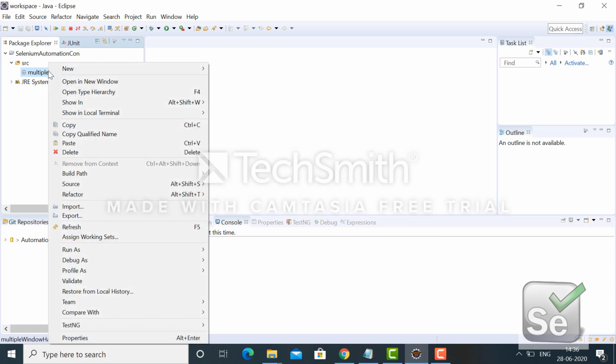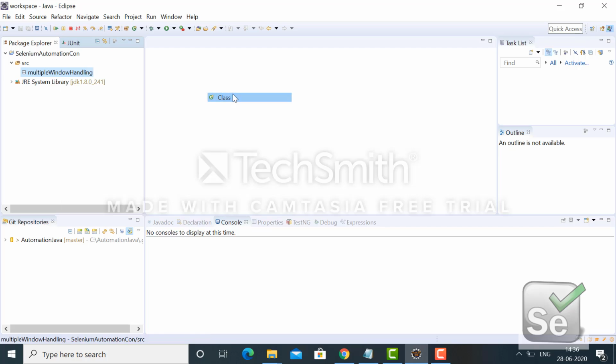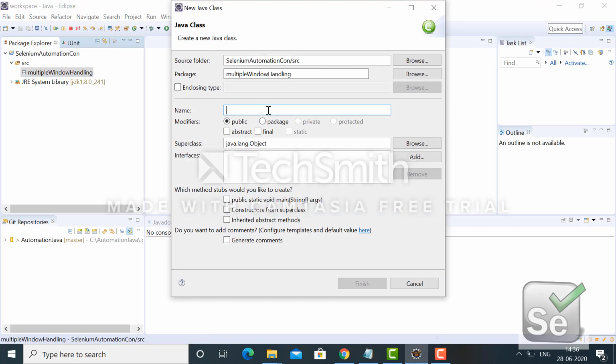Under this package, I will create one class, where I have given the name handle multiple window. I am taking the main method also, because here I am not using any framework, so my main method will initiate the flow and act as a driver.